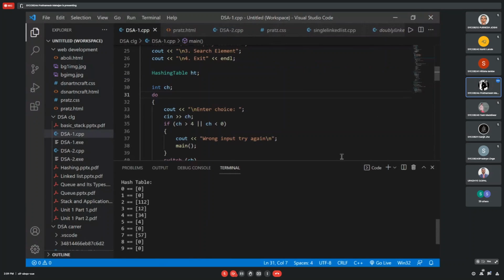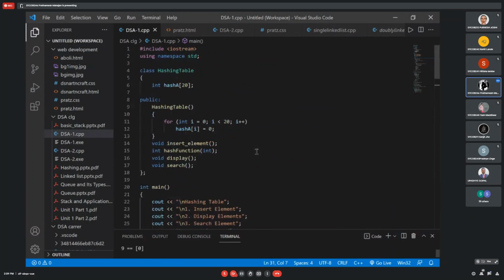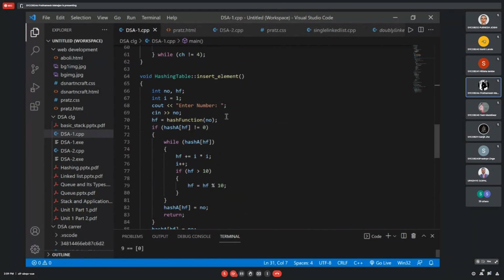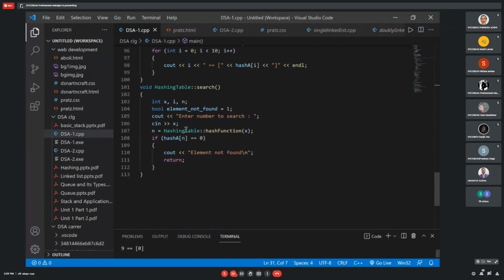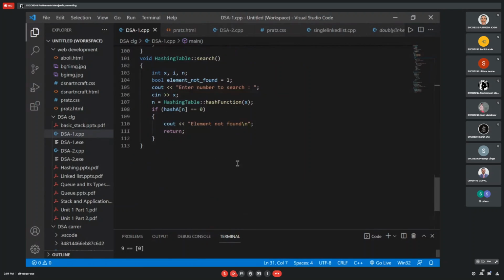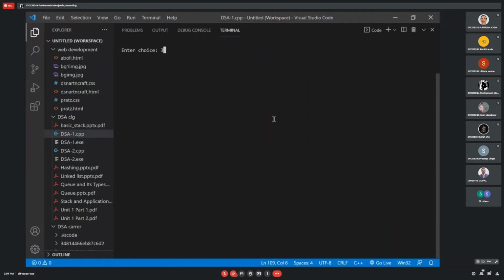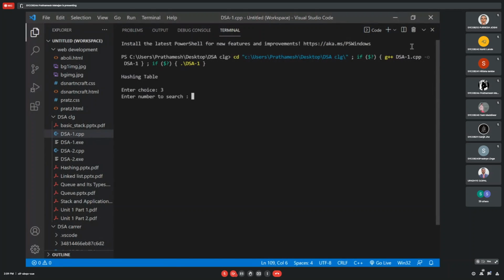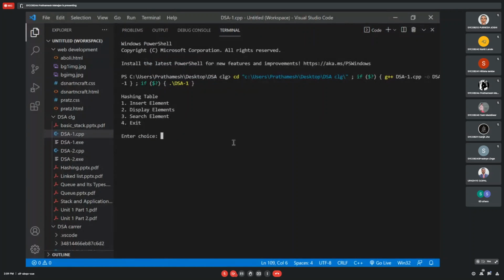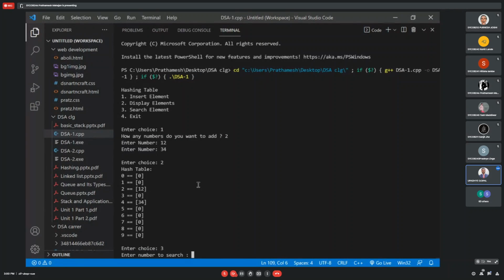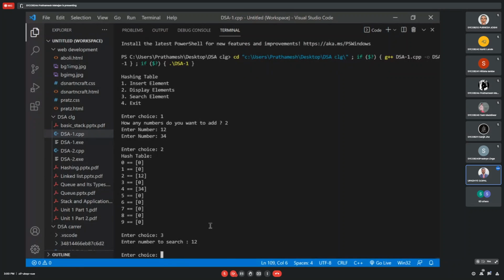There is some error. Take two numbers only. Now display it.